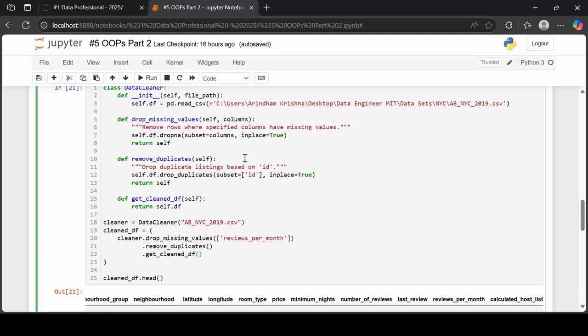You need not write large lines of code for every other dataset that you have. Apart from dropping missing values and removing duplicates, we can do a lot more. We can do some statistical analysis, or we can figure out the outliers. I'll cover outliers next time, but outliers is something, if you have a range, let's say you have got